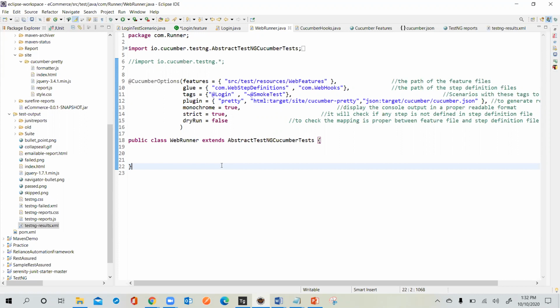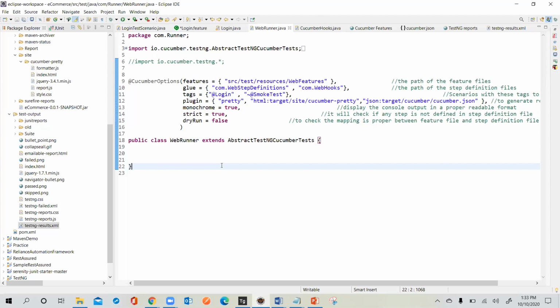Implementation part will be taken care of by strict, but mapping part will be taken care of with the dry run. Don't get too confused. As of now, you can just understand the basic difference. These things will only be helpful in interviews. They will ask you what is a dry run in the Cucumber options, what is strict in the Cucumber options. We have many other options also, but these are the basic few features which are important to use.